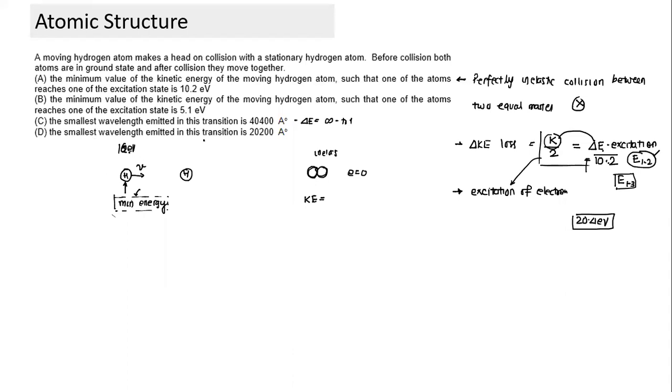Sir, it's also possible that both the electrons, like in both the hydrogen atoms, get excited, right? Yes, it is possible. In that case, what has to be the energy? For both hydrogen atoms to get excited, what is the minimum energy, theoretically? Twice the energy we got right now. But it has to be 10.2 into 4.